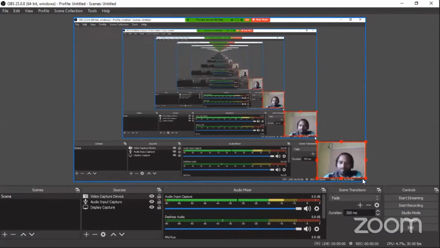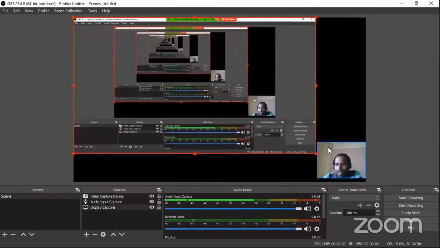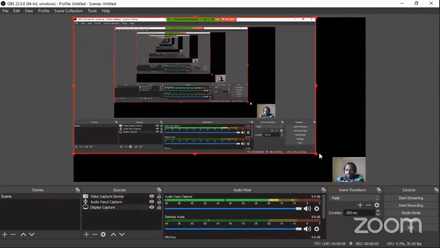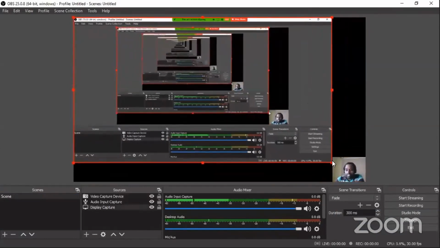But sometimes what happens is your presenter can occupy the space available. I mean, he can block some things on your screen, whatever is visible, whatever you have written. So to avoid that, you minimize the presenter, put him outside the display capture, so that the entire display that is being captured, you can see it properly, and the presenter is also seen, and he is not blocking your screen at all. So you can do this like what I've shown.